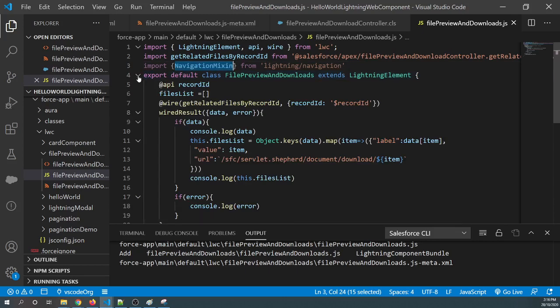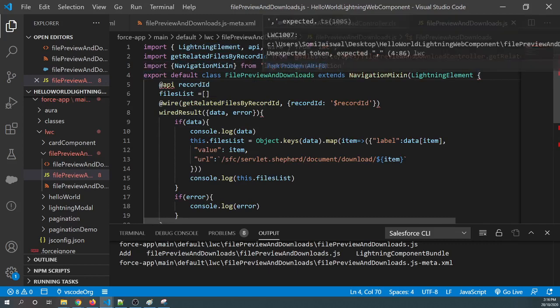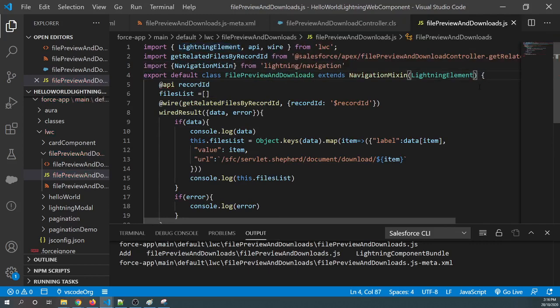And once Lightning navigation is available, we'll wrap our Lightning element with the NavigationMixin. So basically this is a higher order component, so you are wrapping your component with NavigationMixin, which gives your component the power to use the navigation.